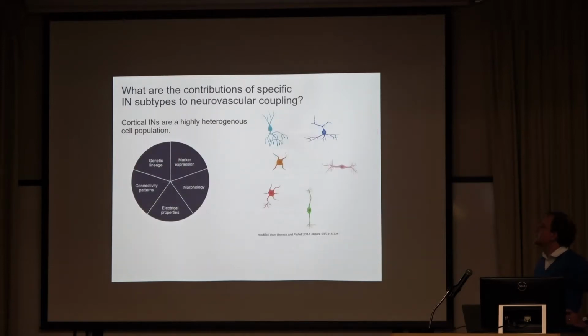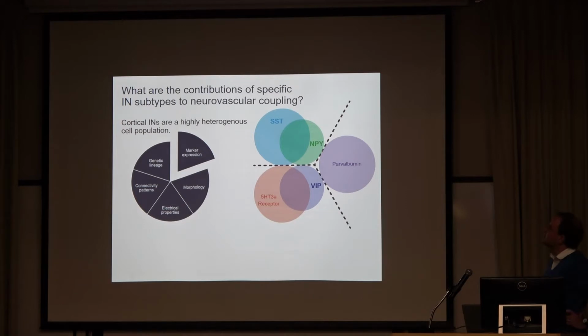And the first thing one has to appreciate is that interneurons are a highly heterogeneous population. You can see this already if you look at the different morphologies, but also the electrical properties, the connectivity patterns, and more recently, genetic lineage and marker expression. For now, I just want to focus on the marker expression, because with that, we can subdivide the interneurons into three major groups, as I try to show here, which express some of these neuropeptides in a non-overlapping manner,